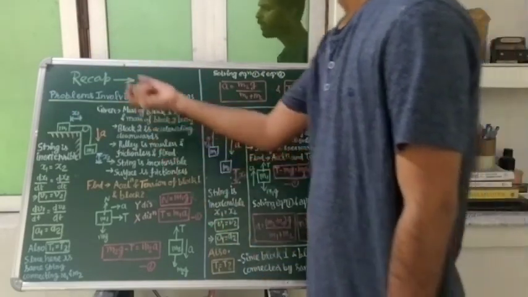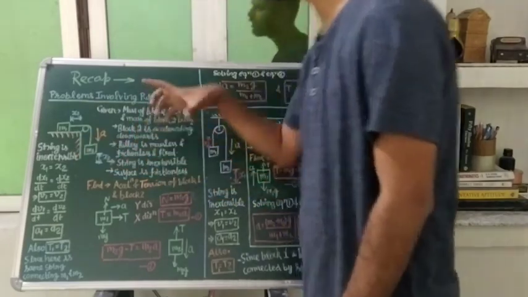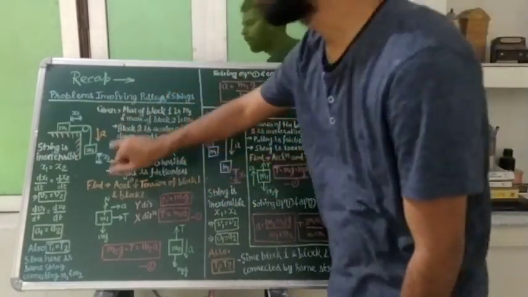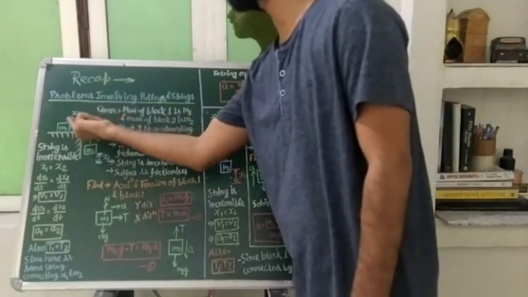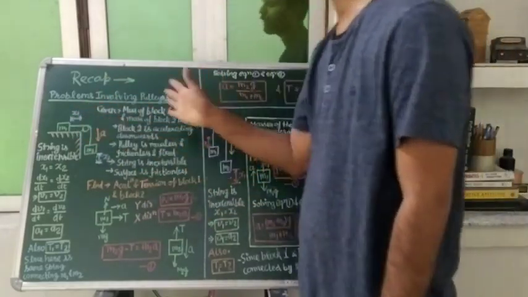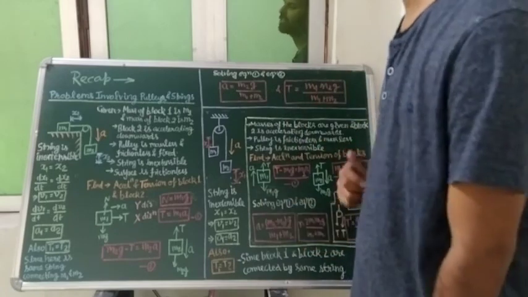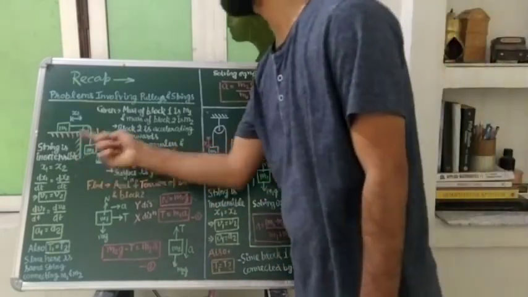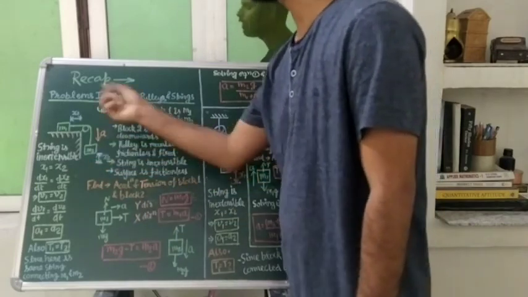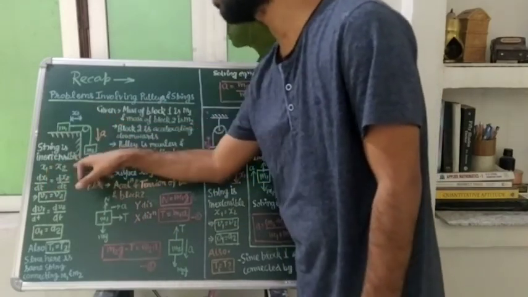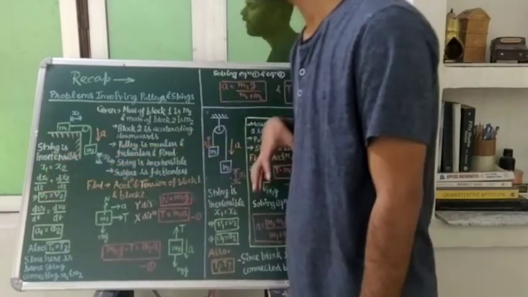Isn't it, student? Whatever distance mass 2 travels in the downward direction, mass m1 travels the same distance in the positive x direction. So x1 should be equal to x2. When we differentiate x1 and x2,